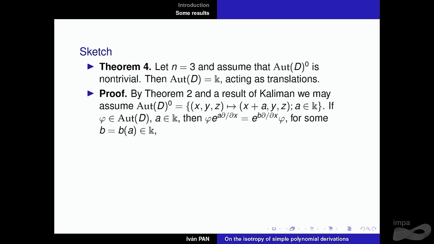For example, when you compose phi with the translation, this is the same thing as another translation composed with phi, for some b which depends on a, obviously. But in this form, we may understand that clearly D commutes with the partial derivative,